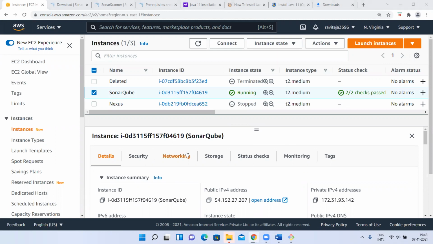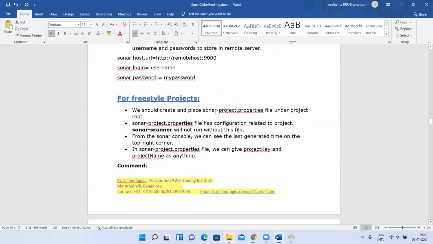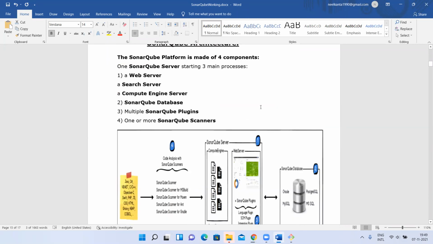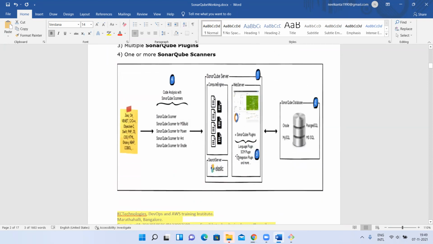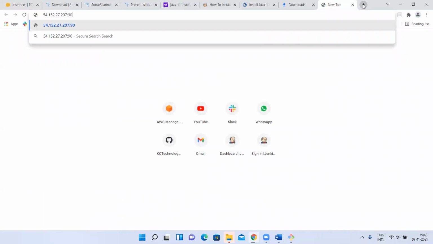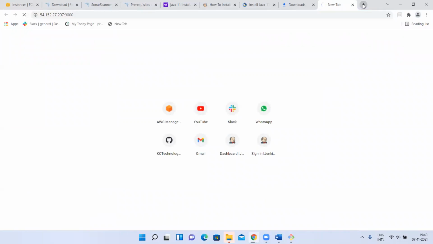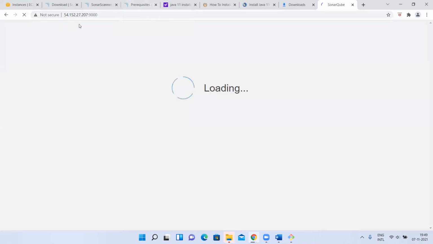Okay, I am back. Sorry. So let's take the public IP address of this machine. As we saw in the SonarQube server architecture, you can access the SonarQube server through a browser because it has a web server. So now hit this URL, and the default port number of your SonarQube server is 9000. If this is not working, you have to allow it in the security group. But for the security group we added to that instance, all traffic is allowed, so by default it is allowing that. This is how you are able to access the SonarQube server dashboard.